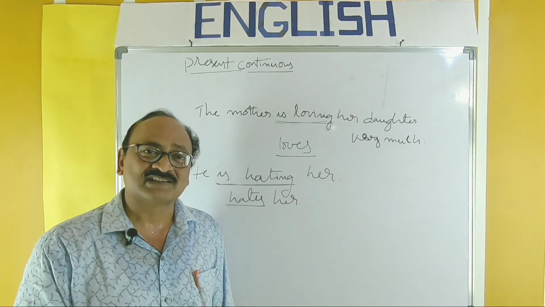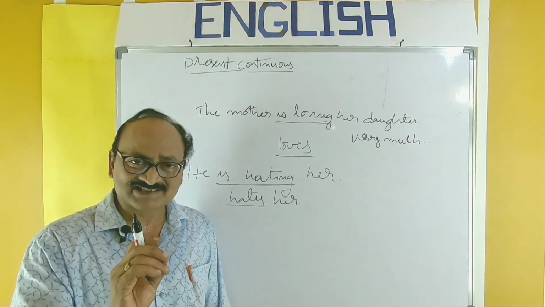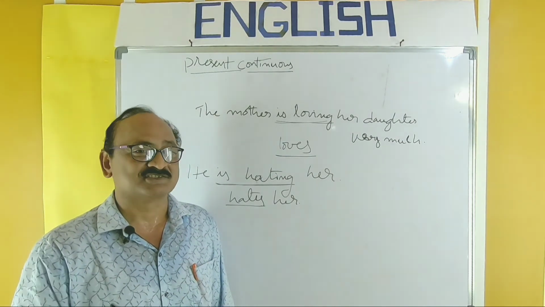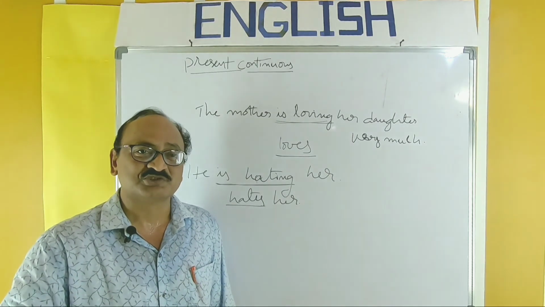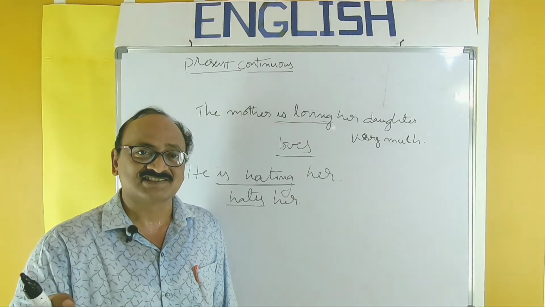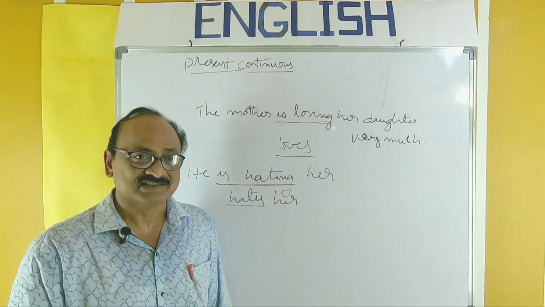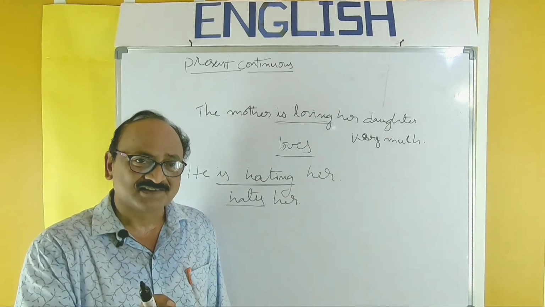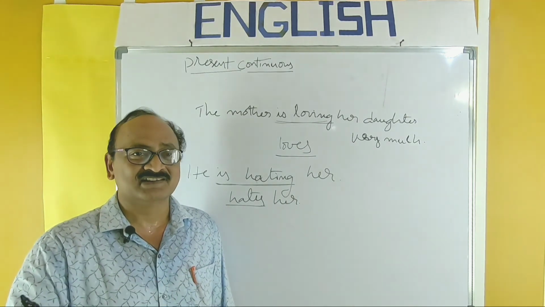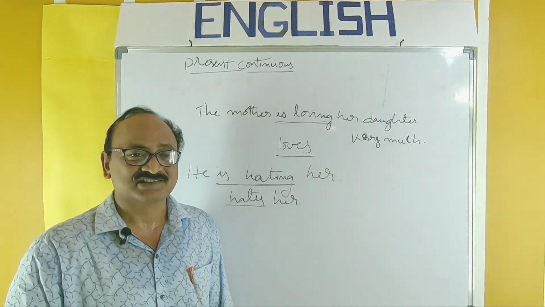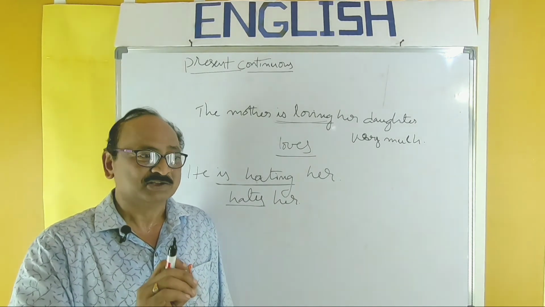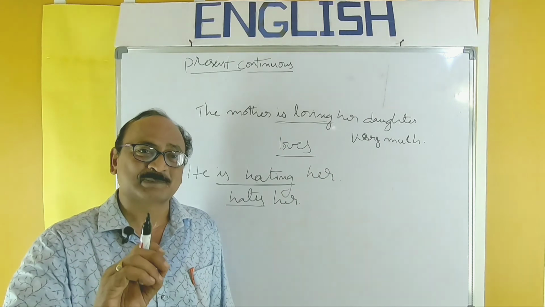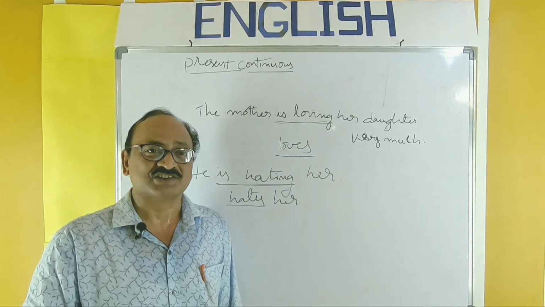I don't understand your lesson. So many verbs are there like this. Consist. The book is consisting of 2 chapters. Wrong. The book consists of 2 chapters. Right. So, is consisting, wrong. Consists, right. I am preferring coffee to tea. Wrong. I prefer coffee to tea. Is preferring, wrong. Prefer, right. And so on. There are nearly 30 verbs like this, and I'll explain all those verbs in a separate video for full clarification.